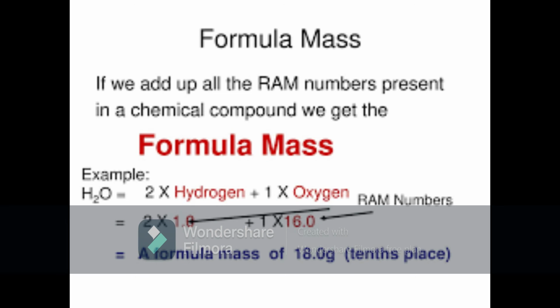Next we have formula unit mass. The formula unit mass is nothing but the formula mass. See in page number 40 we have example 3.2. Here you can see CaCl2. Atomic mass of calcium is 40 for 1. For 2 chlorines, 2 into 35.5. You can get these weights on page number 50.